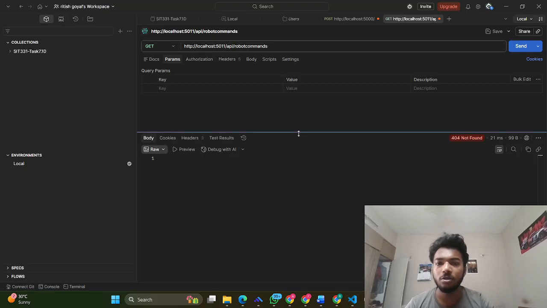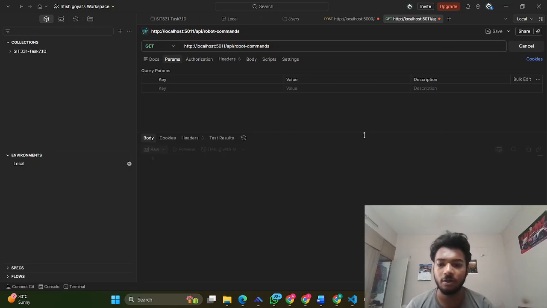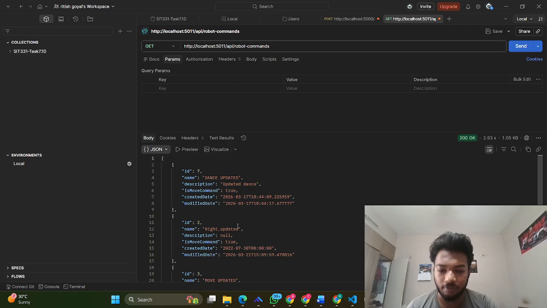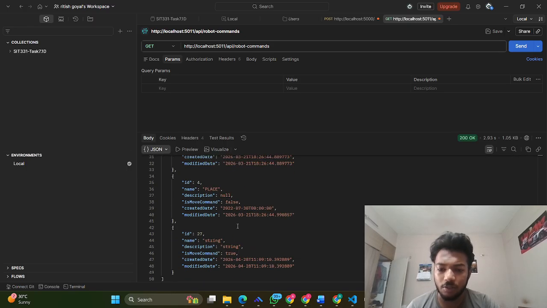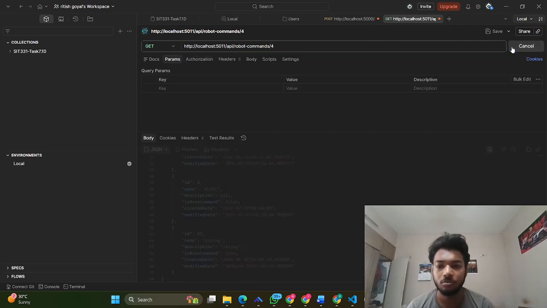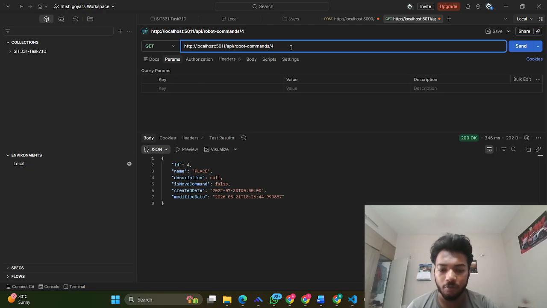So we have to use a slash so that the query executes properly. You can see all the commands we have. So we have all these commands, you can see clearly. Now we can also try the command by using an ID. See, if I put the ID, I get the fourth ID. Now if we try with the move commands,